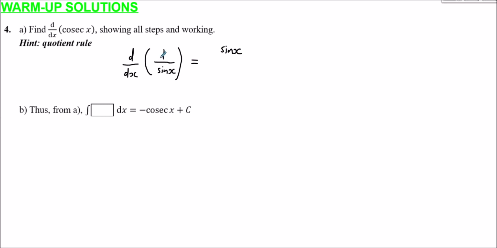If I differentiate 1, I get 0, so sine x times 0. Then minus, if I take now the numerator and multiply it by the derivative of the denominator, sine differentiates to cos. And then that's all going to be over the denominator squared, which is sine squared. So I'm just going to have minus cos x